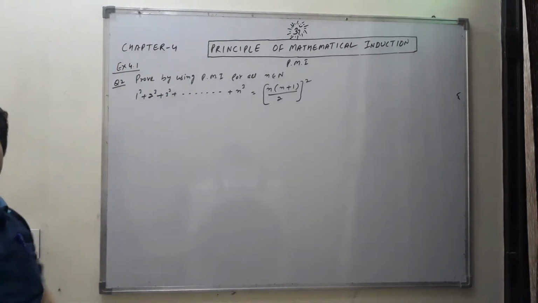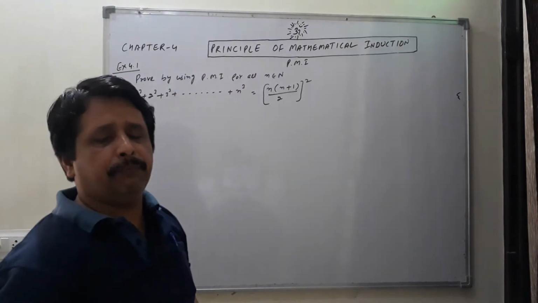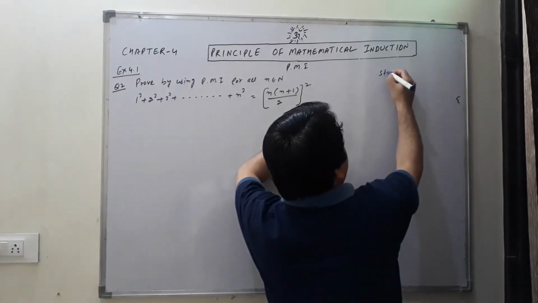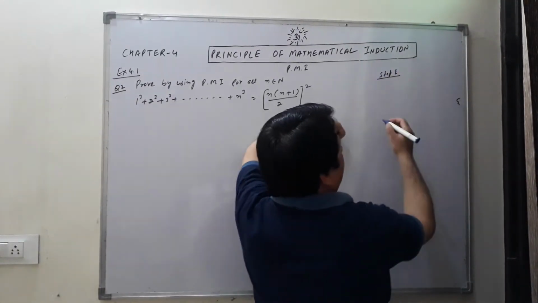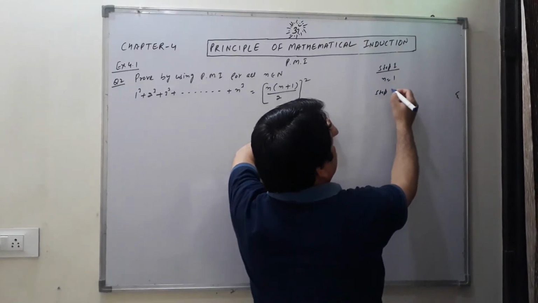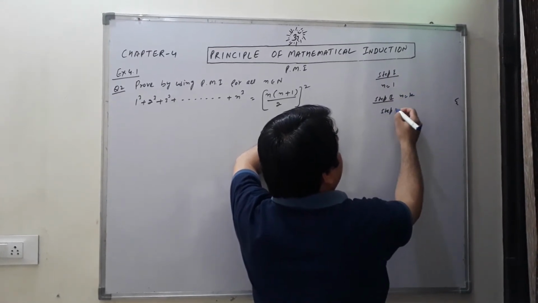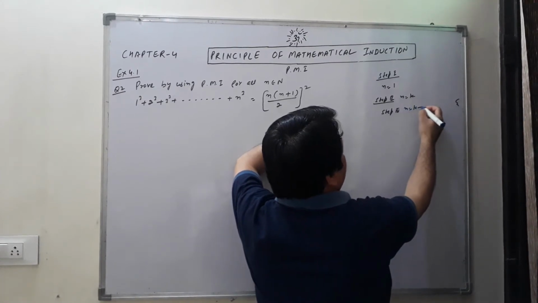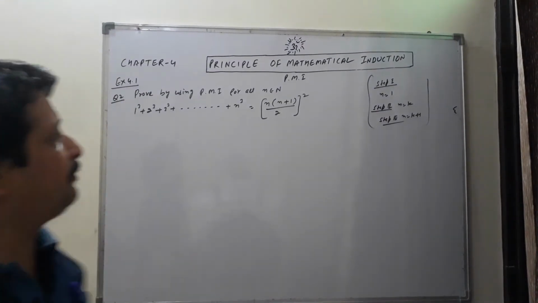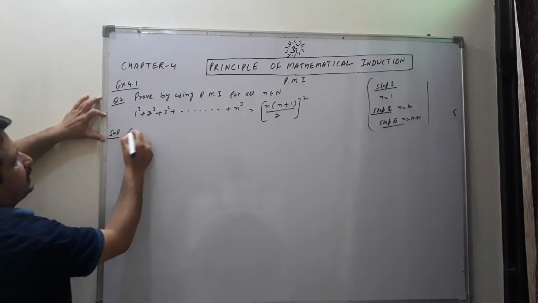So earlier, in the introduction round, I have told you students how we have to use PMI to solve this type of question, where we have 3 steps. Step number 1, that is n is equal to 1. Step number 2, that is n is equal to k. Step number 3, that is n is equal to k plus 1. We will make use of these 3 steps to solve this type of question. So let us come to the solution with step number 1,